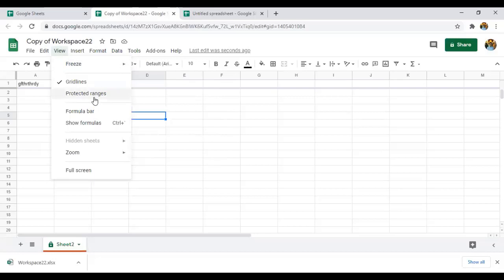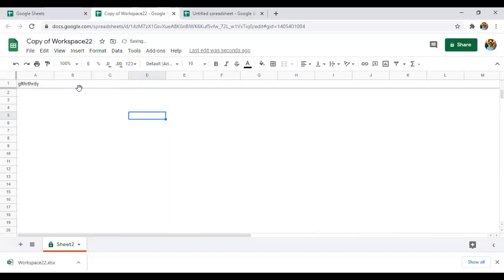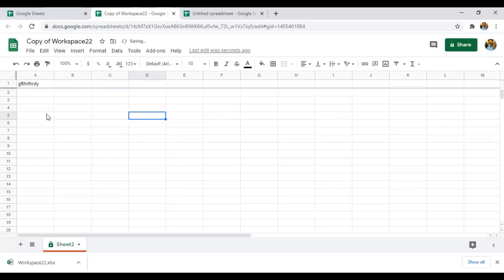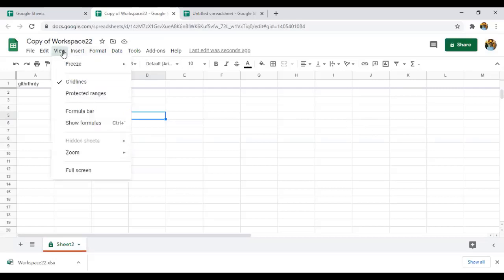And if you want to remove the grid lines, that is all the lines, just click on the grid lines. If you see, there are no lines present, that means only when you enable the grid lines can you have the lines dividing the cells. So if you again click on the grid lines, you can see the lines have come back, organized in the correct manner. So that's the usage of grid lines.